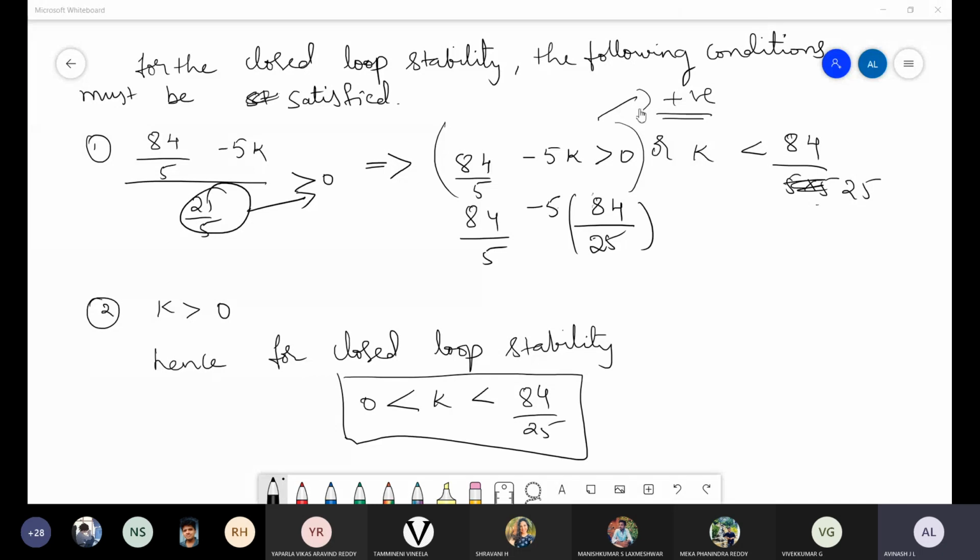So did you understand how to solve the numerical? Just to say whether the system is stable or not is one particular concept. The second thing is, after understanding whether the system is stable or not, we have to go for the next step. In the next step, these are the things which come into picture. Is it clear to you, all of you?